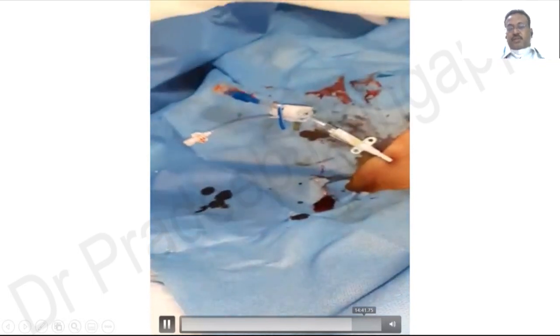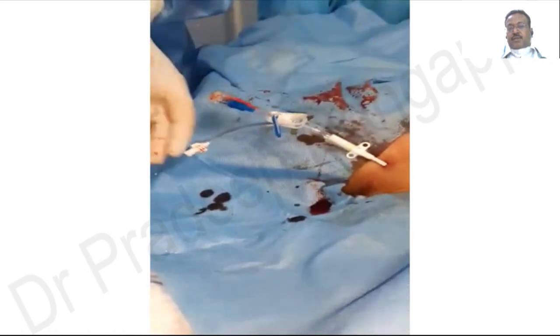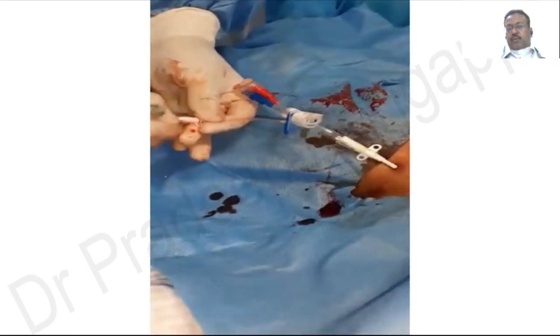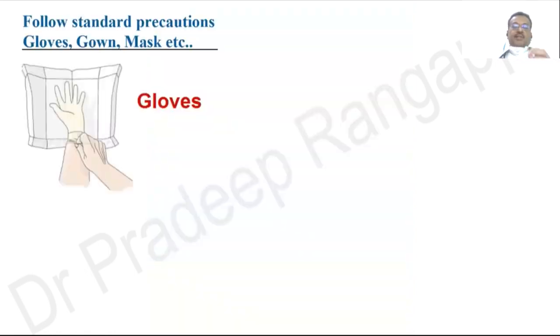Okay, so you saw this procedure was done in our ICU by one of our team members. This is how one would do the procedure under ultrasound guidance. Another important thing we need to emphasize is, before doing this dialysis catheter vascular access procedure, it's important you